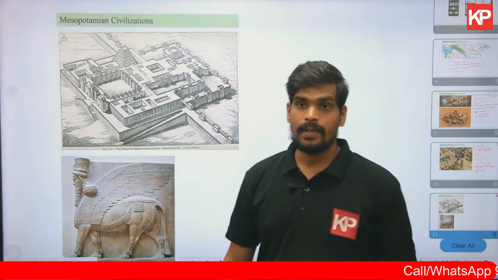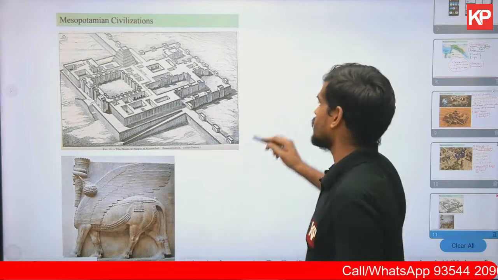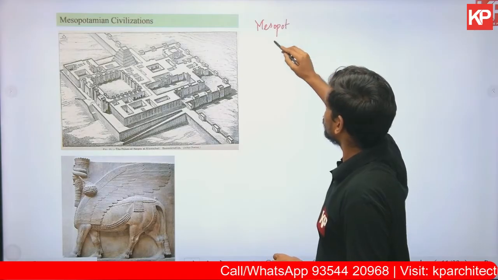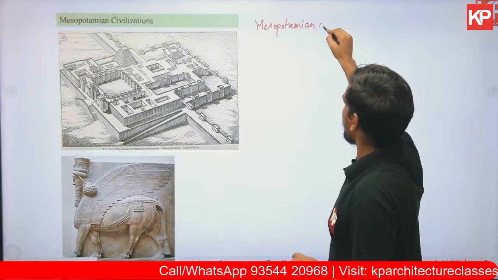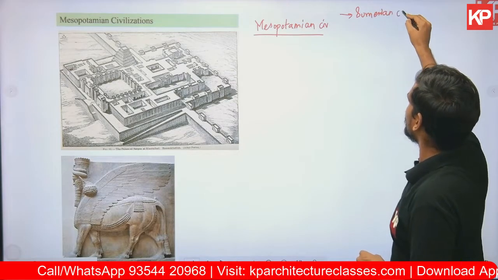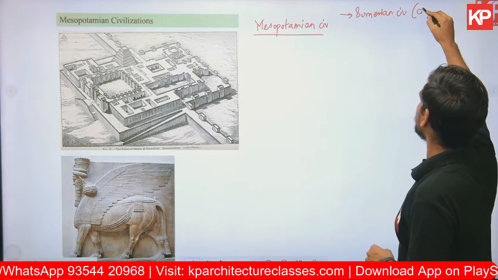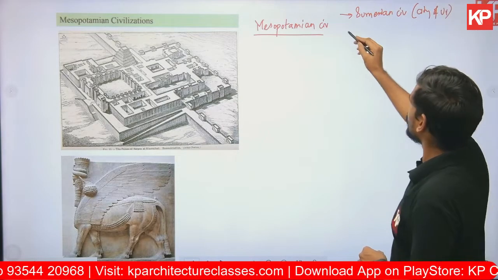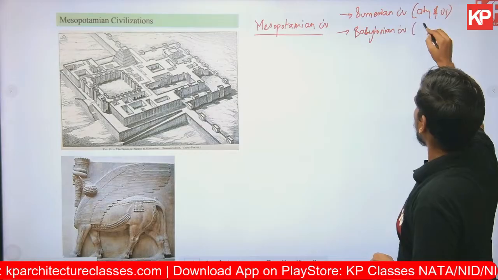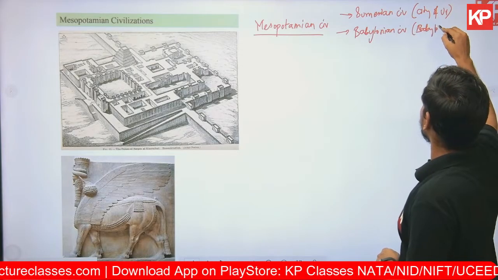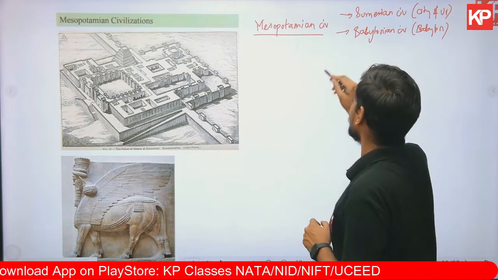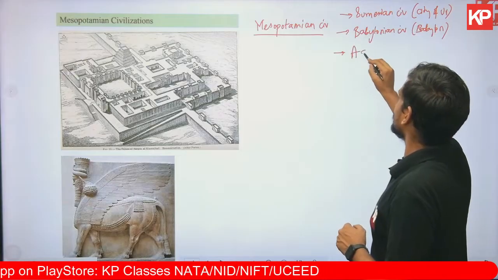The third and final important civilization under Mesopotamian. So under Mesopotamian, there are three civilizations I told you. Sumerian, we completed the Sumerian civilization by studying about the ziggurat and city of Ur. That was the capital. The second civilization is Babylonian civilization, and the capital was the city of Babylon. We studied about the gateway of Babylon, the Ishtar Gate, and we also studied about the Hanging Gardens of Babylon briefly. And the third civilization is Assyrian civilization,